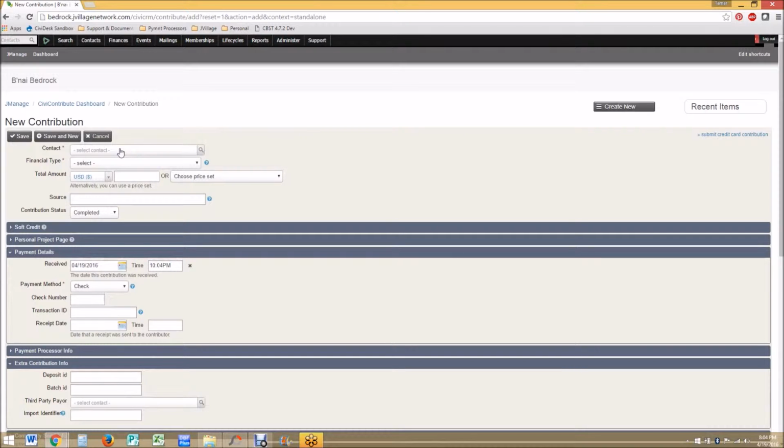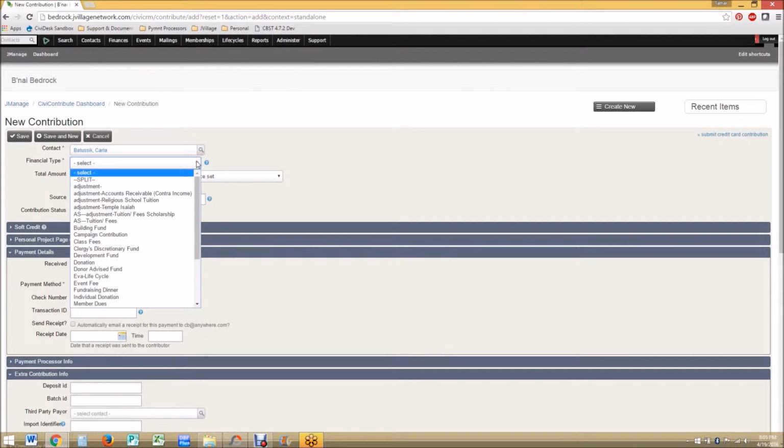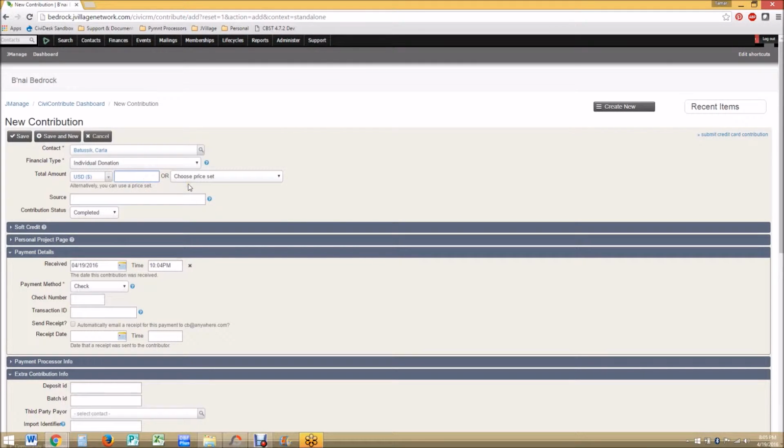Note how the difference between these last two methods and the first is that we need to select the contact name in the form. We could also create a new individual, should we so need to. We select the financial type, enter an amount,